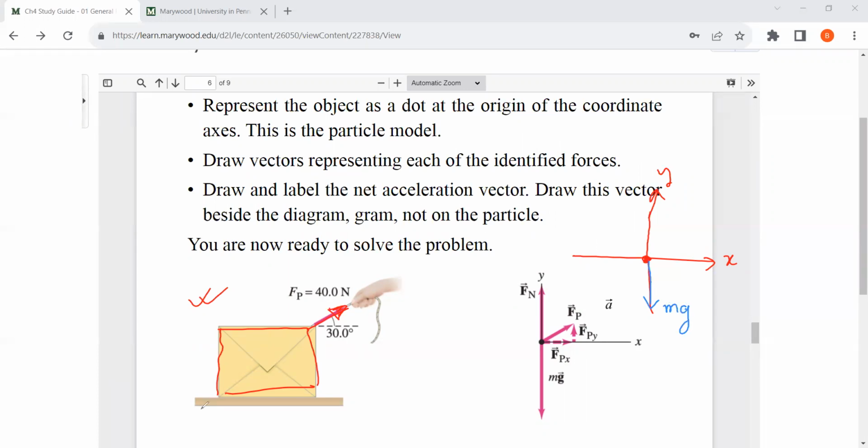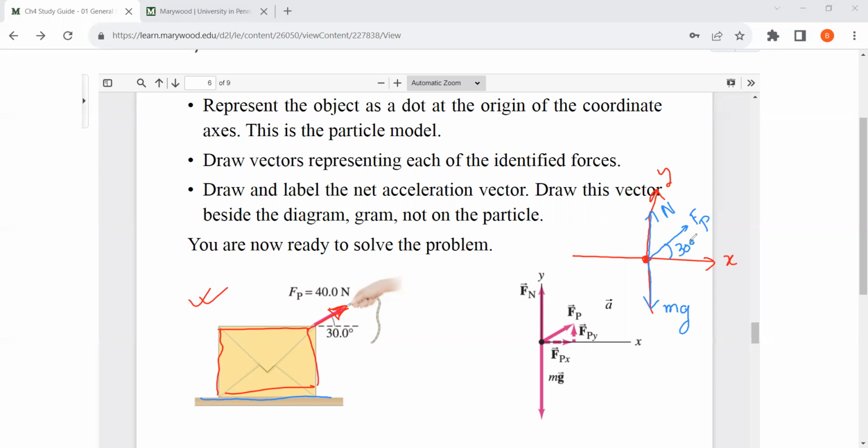Because the object is on the surface, there should be a normal force. Now this is the applied force, a pulling force, and that is making an angle of 30 degrees with the positive x-axis. Now, this is basically the